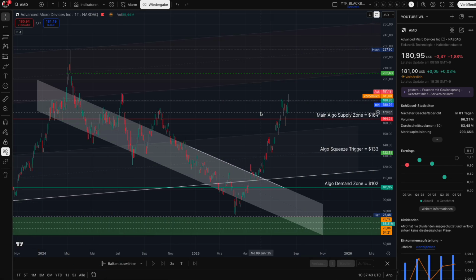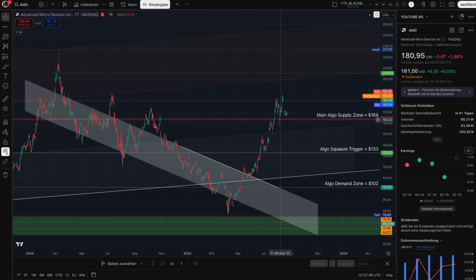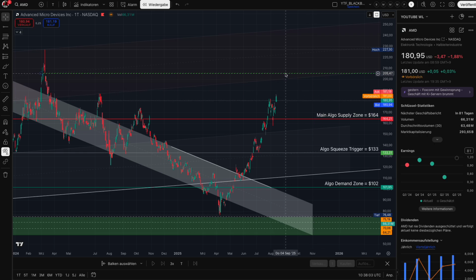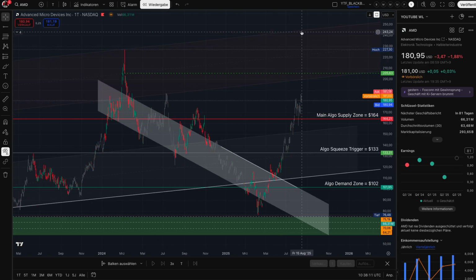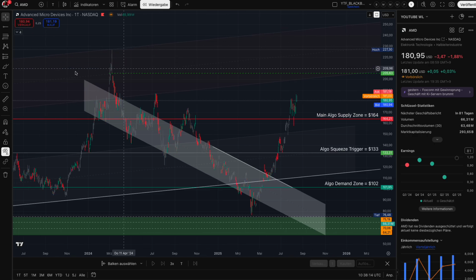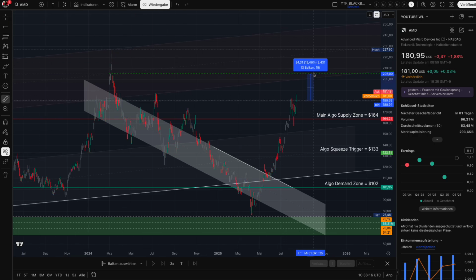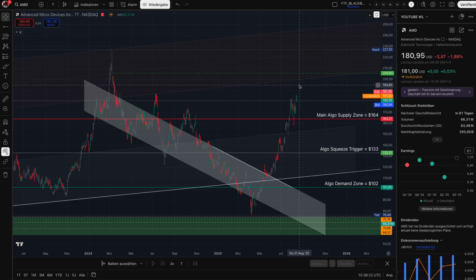In a perfect trading world, guys, if I could wish something, or if I should predict something, what I think should or could happen is that AMD will find support here at $164. We see here a final squeeze attempt, everybody gets super bullish, everybody talks about squeezes in the market and a super bull run, blah, blah, blah, guys. Then we will start to close this gap at $205. And usually, when this trend channel pattern continues, AMD can even go back to $245. So based on the actual price, we have quite high potential to see here plus 13% or even plus 35%.